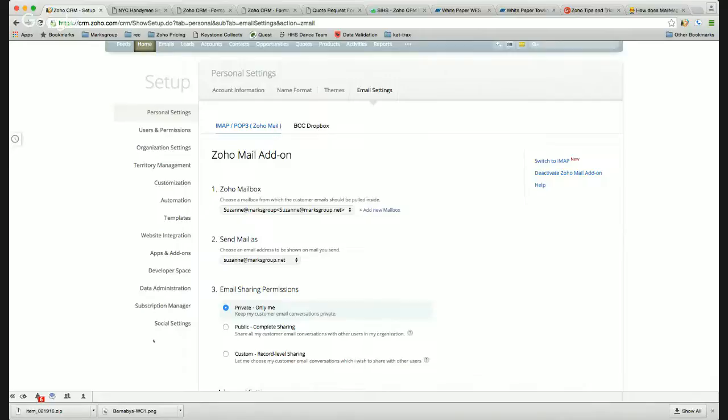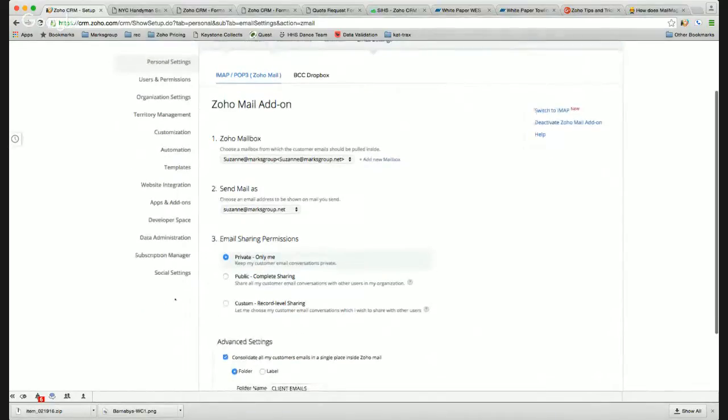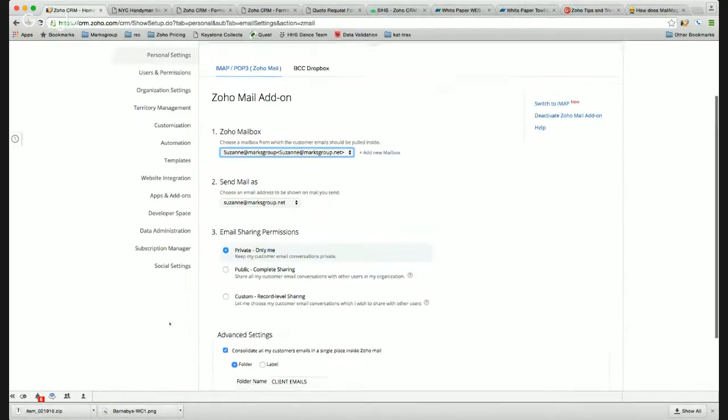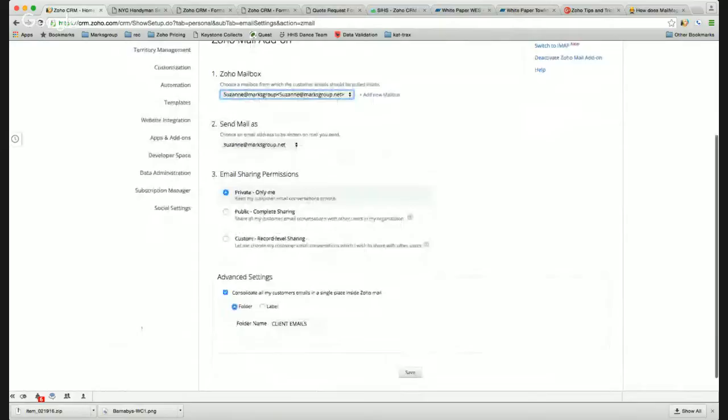But if you've already done that, then you see this drop down tells you which mailbox you want your mail pulled into your email module from. This is your send mail as, so this is the email address you want Zoho to use when you're sending email. Then you have your sharing permissions down here, so you can set them as private, meaning that if you